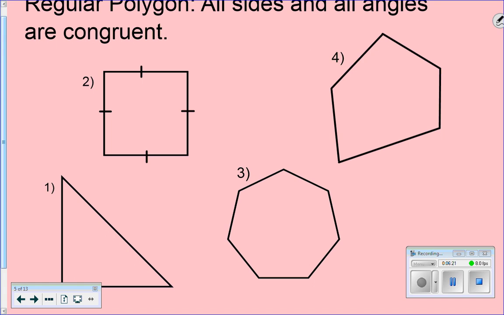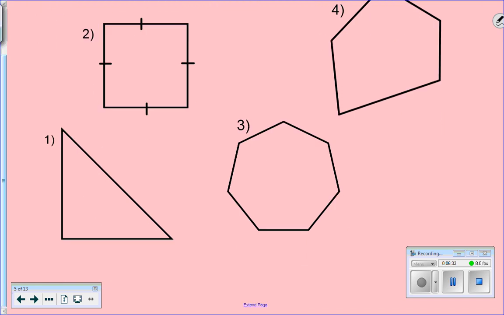What about this? Yes, because I know all the sides and all the angles are equal. So how many sides is this? 1, 2, 3, 4, 5, 6, 7. Heptagon. Okay. So in your homework today, they're going to give you weird-looking shapes,